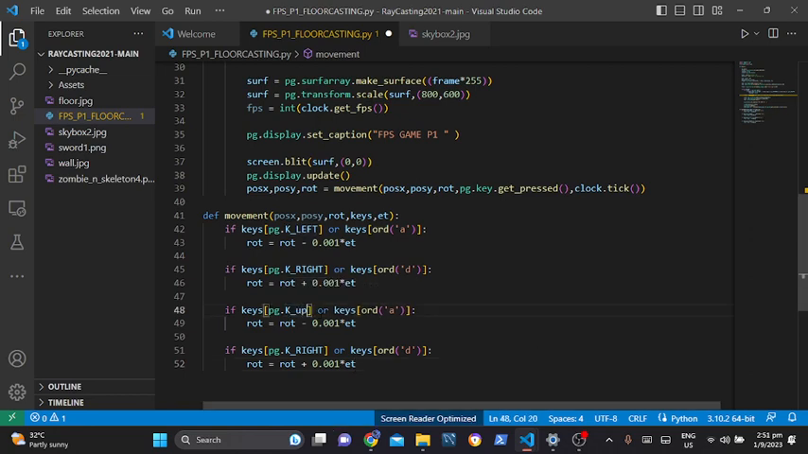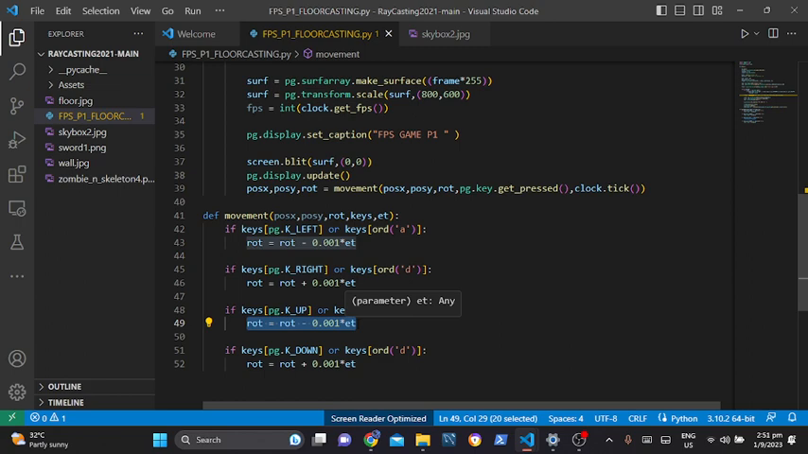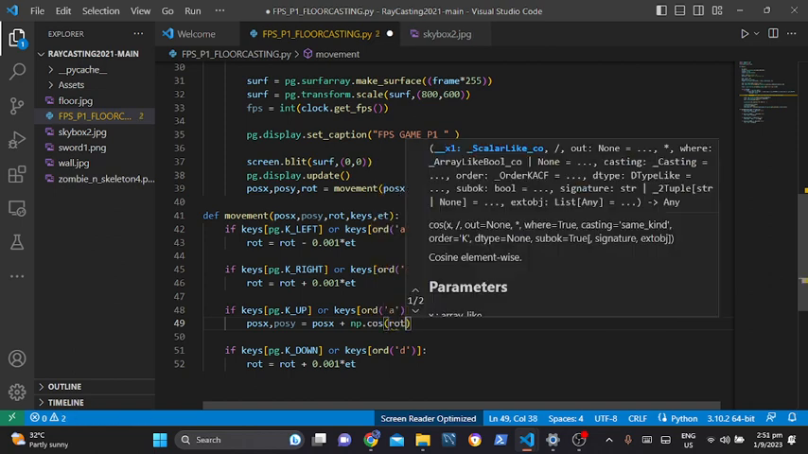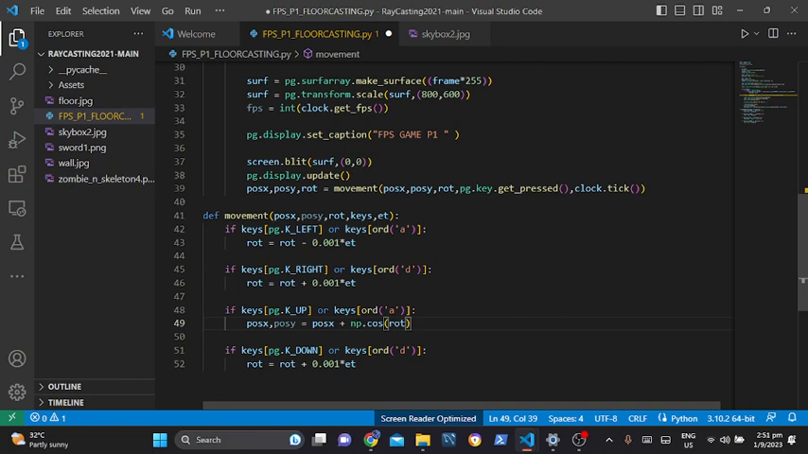something like up and then down. Up and down will be a little different. We're not going to be rotating our screen anymore, but instead we're going to be changing our positions. So pause X, pause Y, and nothing else would be equal to, so pause X and pause Y would be this time now equal to pause X plus np.cos of rot and then times it by